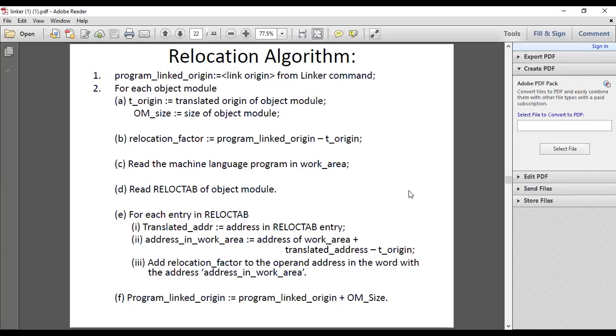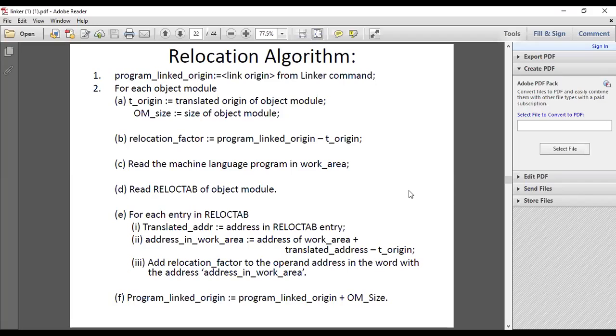In the second step, linking is performed among the different object modules. For each module, all the steps A, B, C, D, E, F will be repeated. So suppose I am taking the first object module.